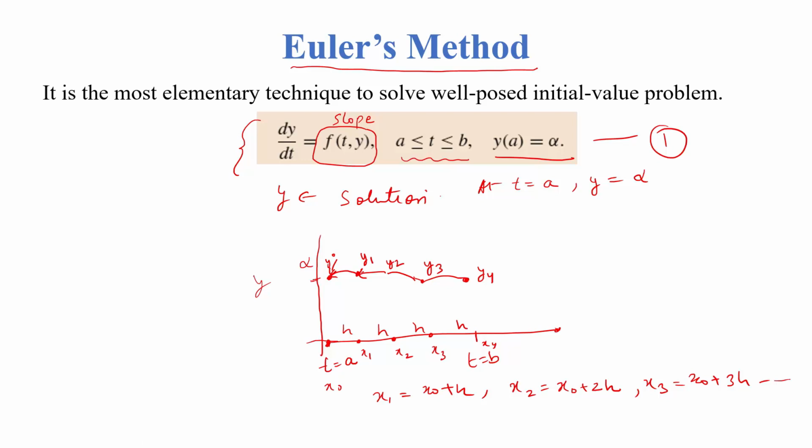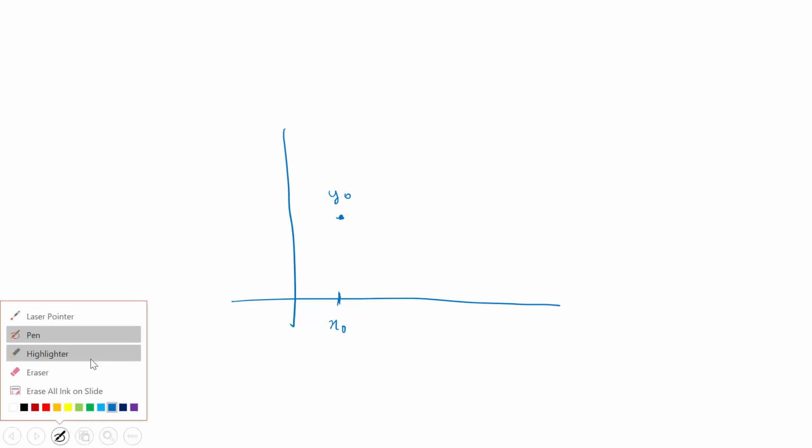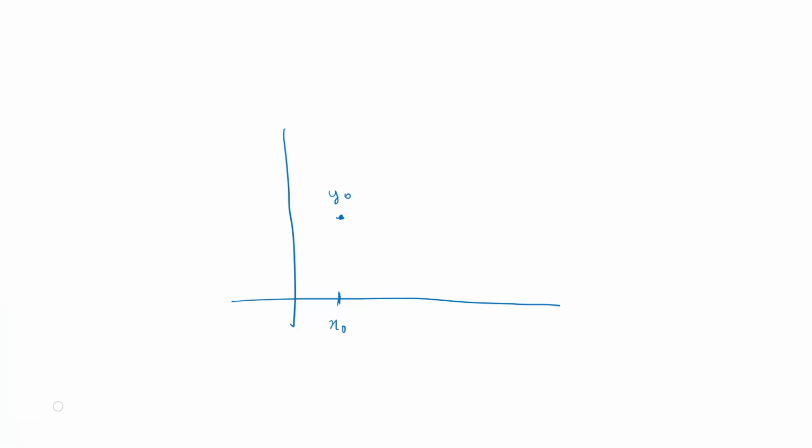So let us see the geometrical interpretation of Euler's method. Suppose this is our x naught, that is the initial value, and here we know the value y naught. Obviously we don't know the solution, but let's say this is the solution curve, which we will not use, just for representation.